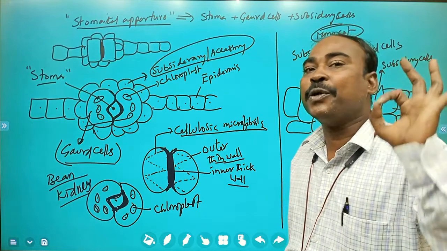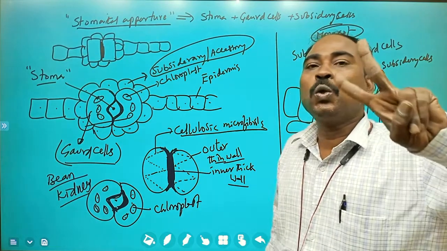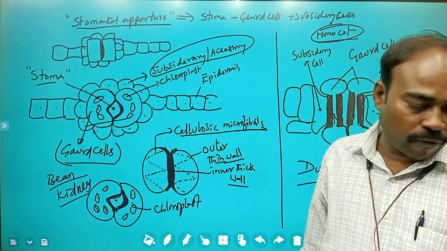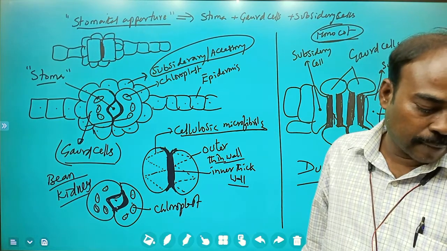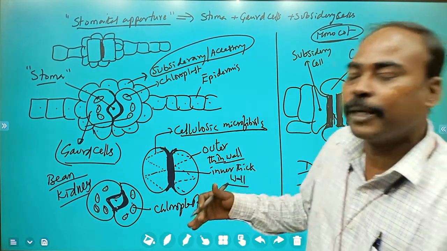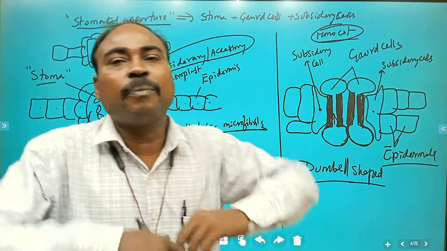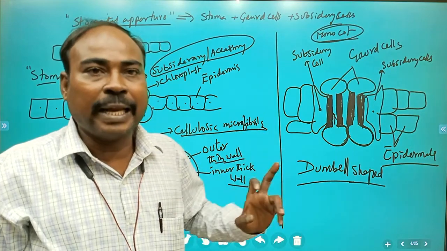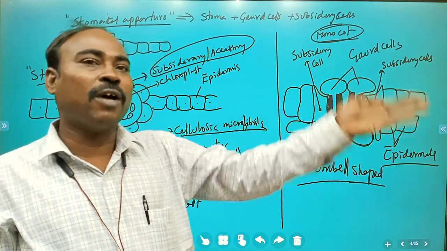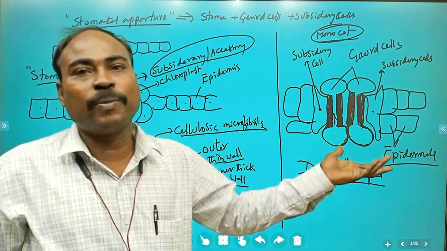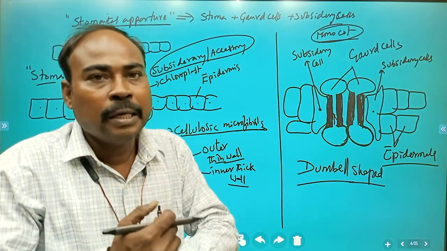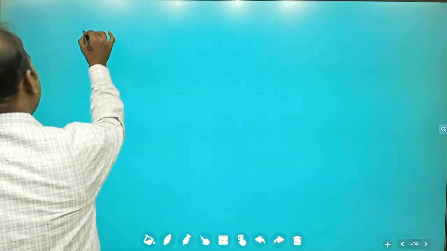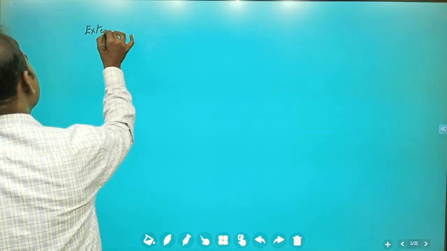Okay, stomata are the minute pores which control two functions. That is, removal of excess water in the form of vapor from the aerial parts of the plant to the external atmosphere. That is transpiration. Then exchange of gases. That is inward movement of carbon dioxide and outward movement of oxygen, also controlled by the stoma, right? That is about stomata. Next, external appendages.